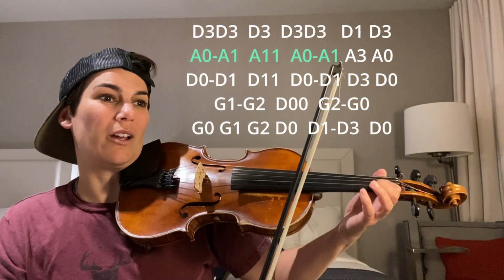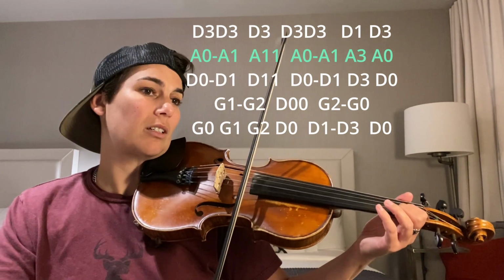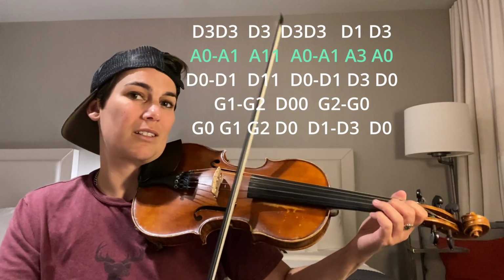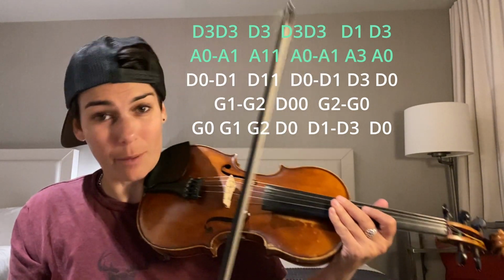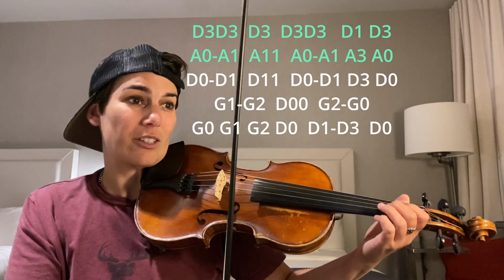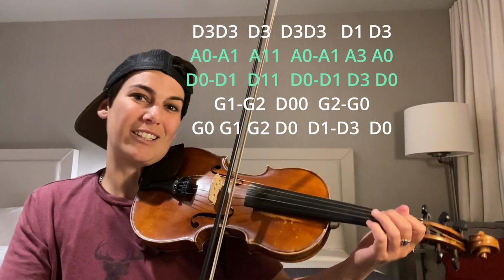So it's open A1, A1, A1, A open to A1 again with a A3, A open. So this whole line is, here's the whole first two lines with no double stops. And the next line is, does that sound familiar? Then the next line,